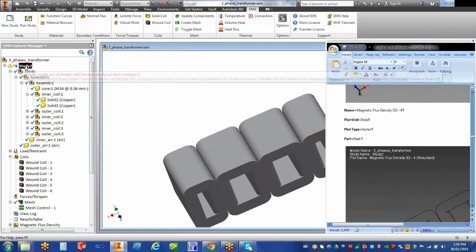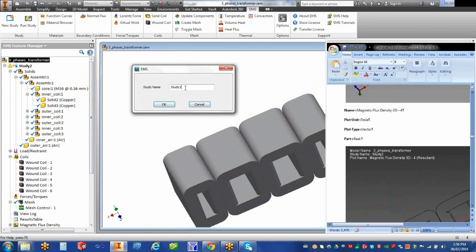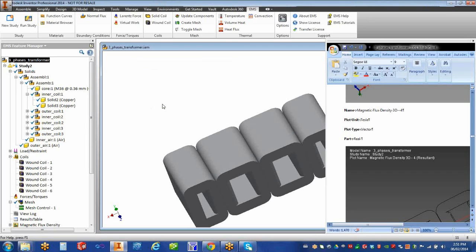If you take this study and drop it, it's going to give me a copy of it. So what does that copy have? It has everything in the previous study. So I can save a lot of time by just copying my study, cloning my study,